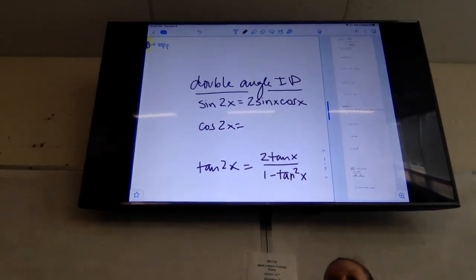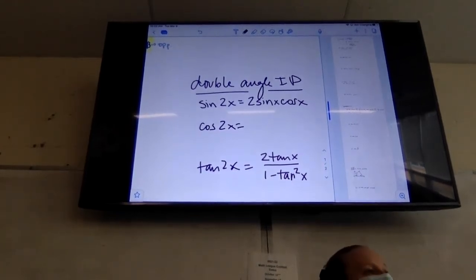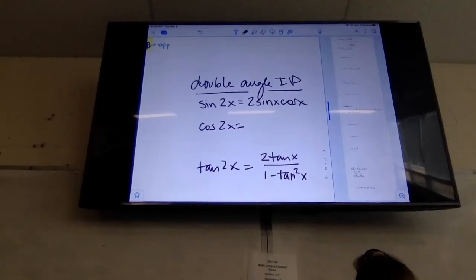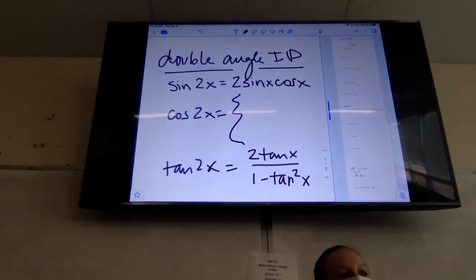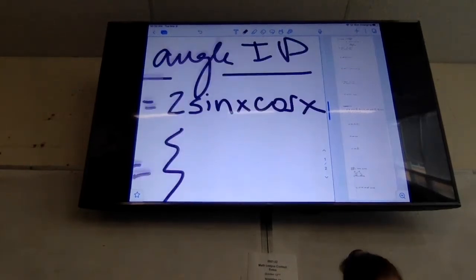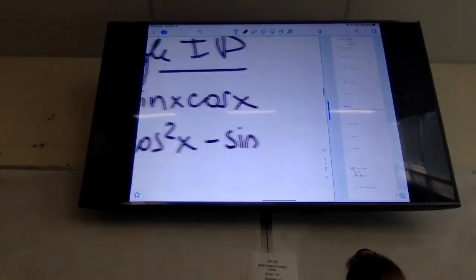Now, truthfully, cosine might feel the most difficult because there are 3 options here. But that's kind of nice sometimes because it lets you use what's most helpful. Give you a second to make sure you have that done. Okay. So cosine of 2x could be cosine squared x minus sine squared x,